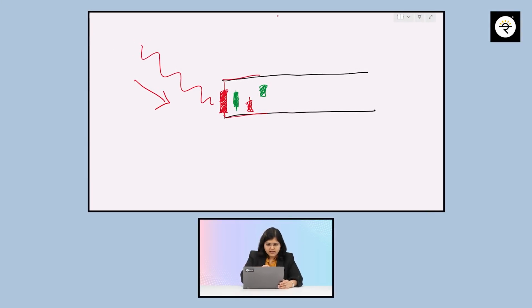What had we discussed? That there was a downtrend, right? At the end of the downtrend, we saw a pair, right? One big bullish candle and one big bearish candle, one red candle, and then followed by an inside bar. I'll just redraw this small inside bar so that it is more clear. Assume it's a small inside bar, and small wick. Now this was the third candle inside the range itself. This was the fourth candle again inside the range. Now what has happened? The fifth candle has broken outside the range.